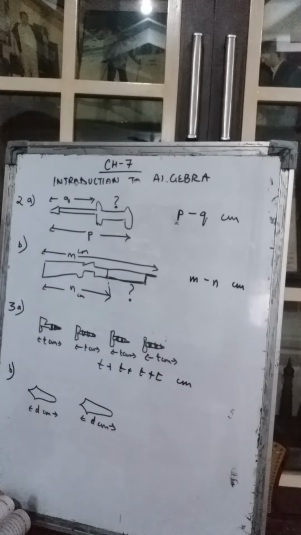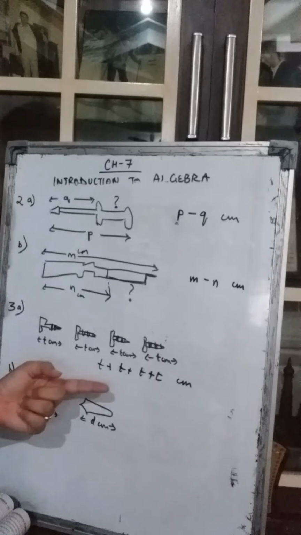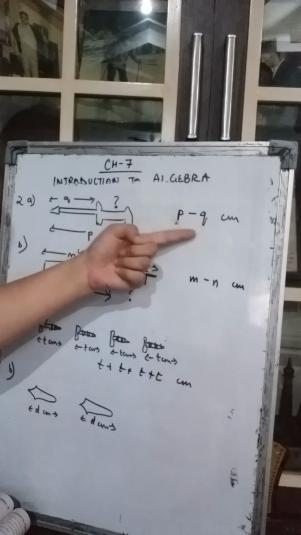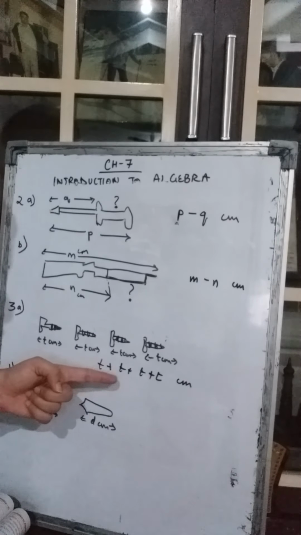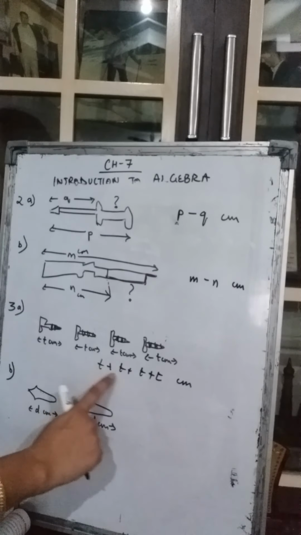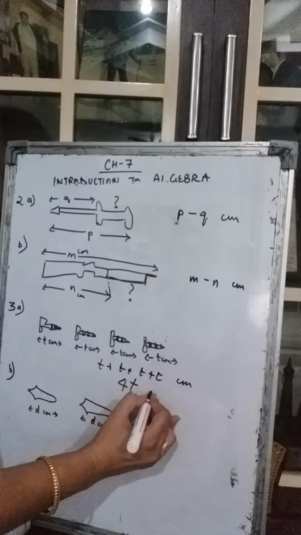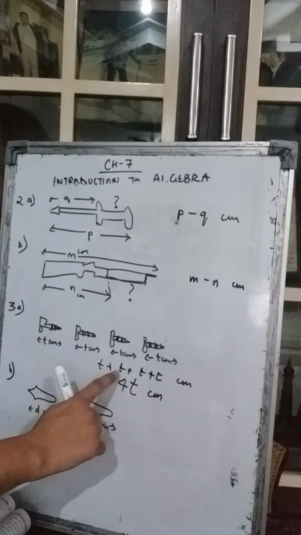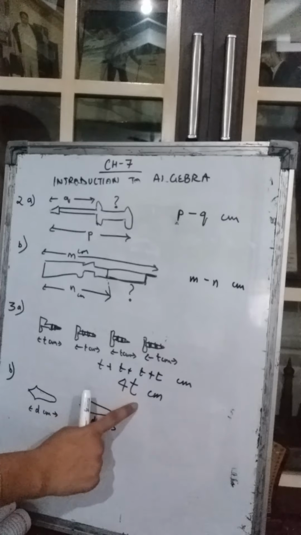Now one thing you have to remember. When the variables are the same, that means the alphabets are the same, you can add them up. But if the alphabets are different, you cannot add or subtract them. But if the alphabets are the same, you can add or subtract them. Is that clear? So this 1, 2, 3, 4, it can be written as 4T centimeter. These were the same variables, the same T was coming, so we have added them. 4 times it was coming, so we have written 4T.